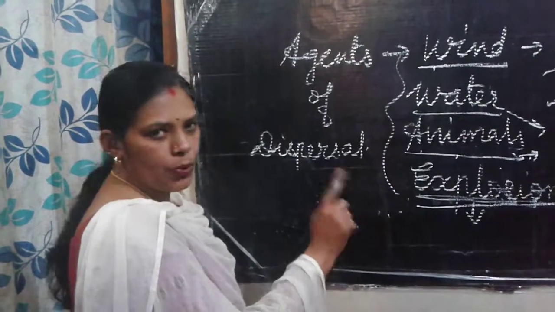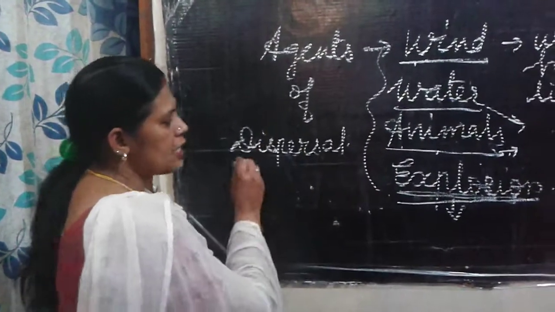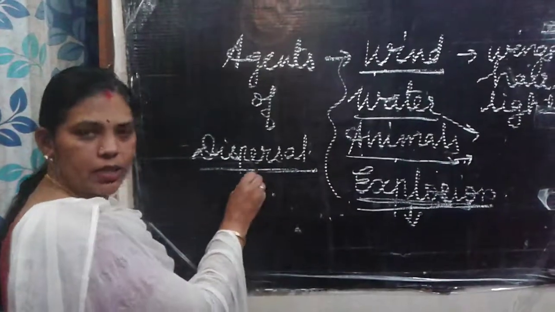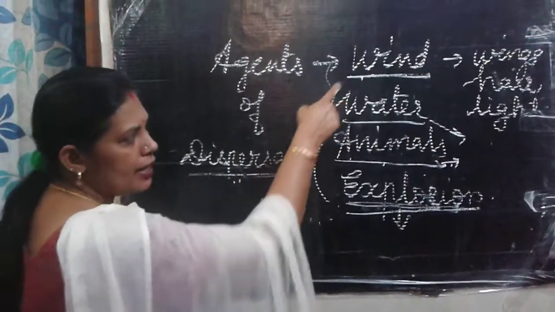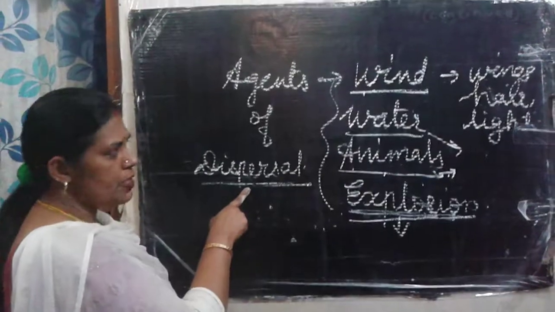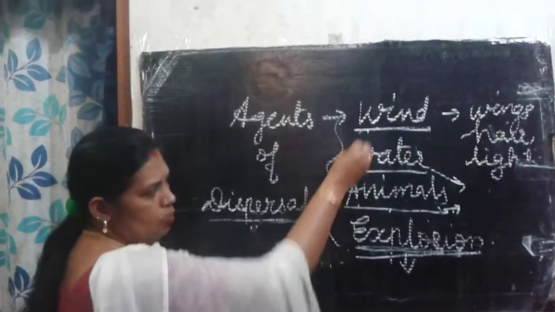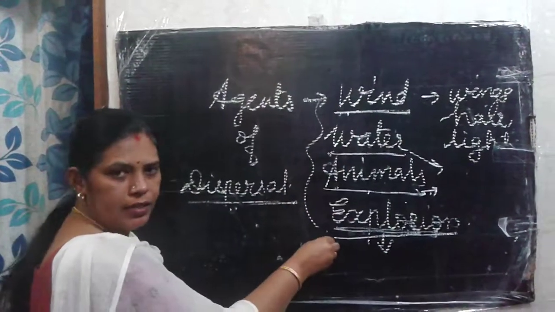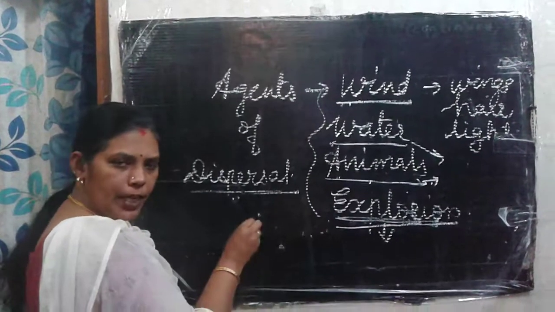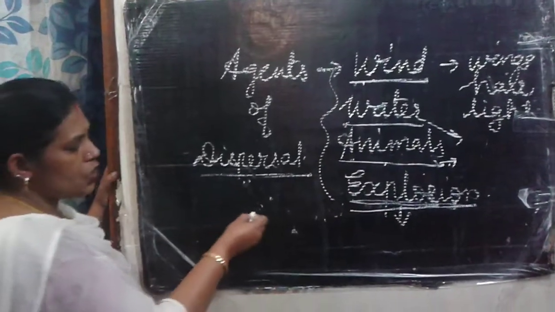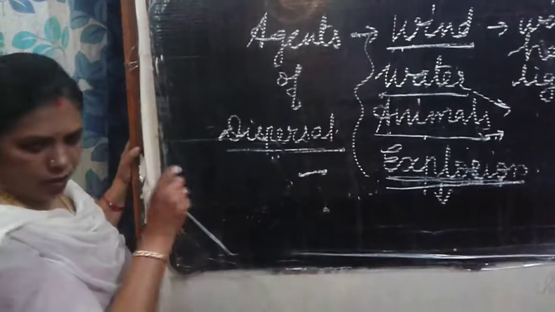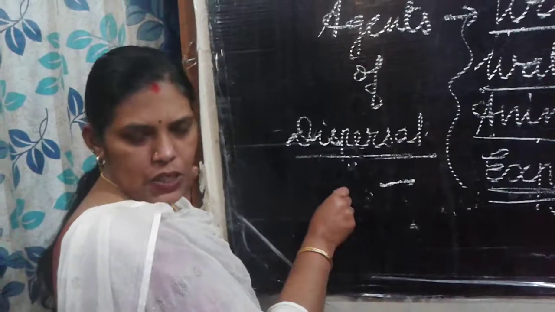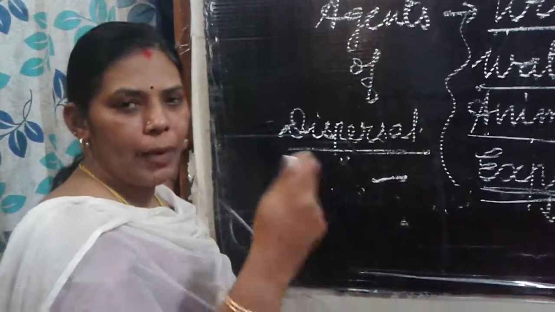Now I hope you all understood why dispersal is important. Clear? And now what are the agents of dispersal of seeds? Wind, water, animals and explosion. Clear everybody? And tomorrow I will teach you the different parts of the plants, how they